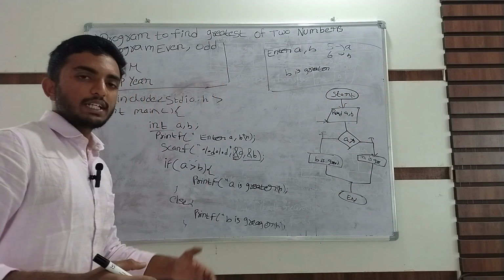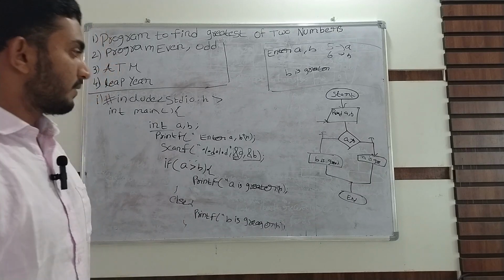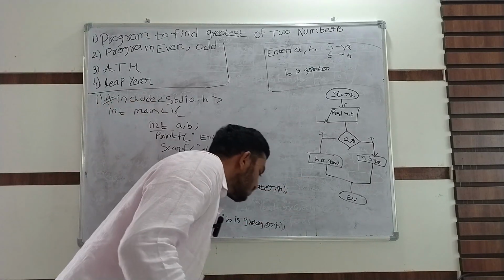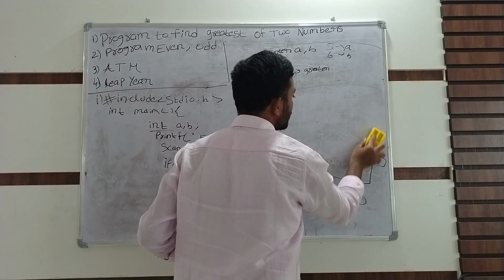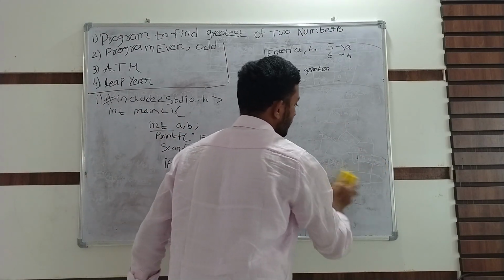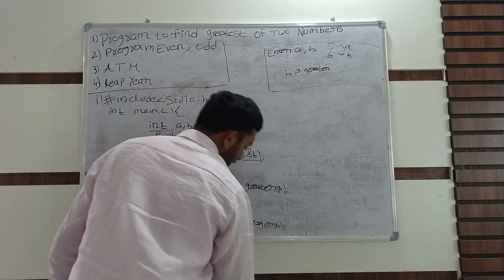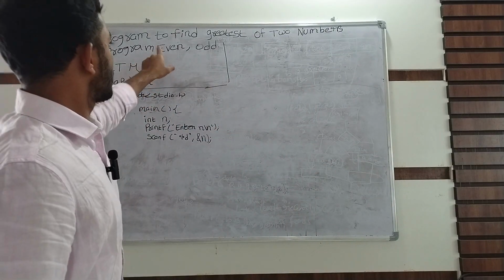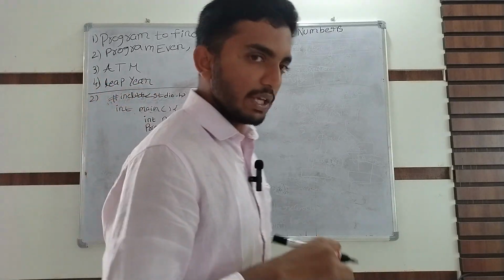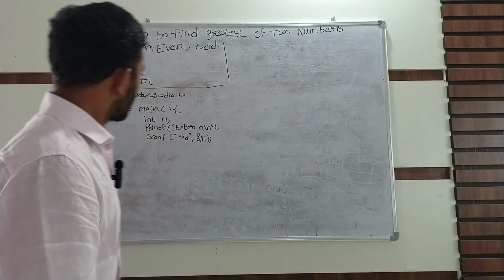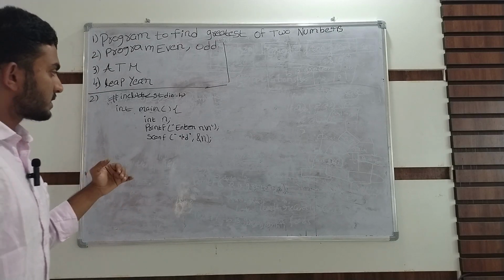By pictorial representation, we can easily know. These flowcharts are not used for too big programs, because it is very difficult to draw and time-consuming. But let's see how to perform the program of even and odd. First we have to include the header files and the main function. After that, I